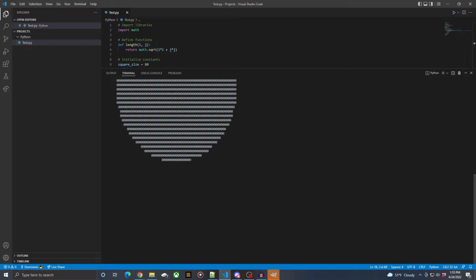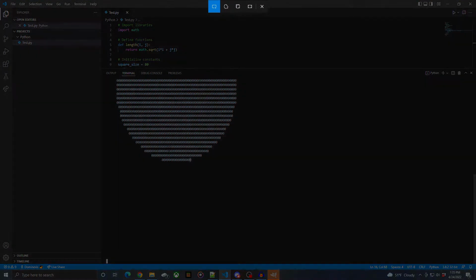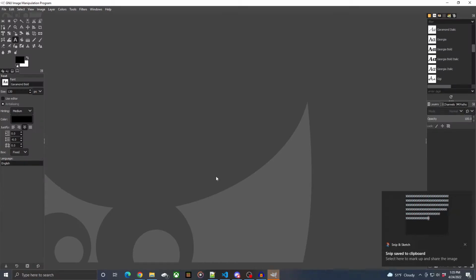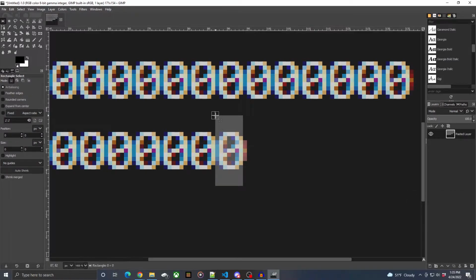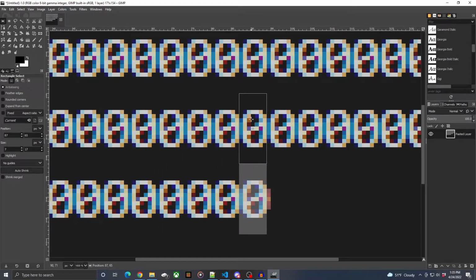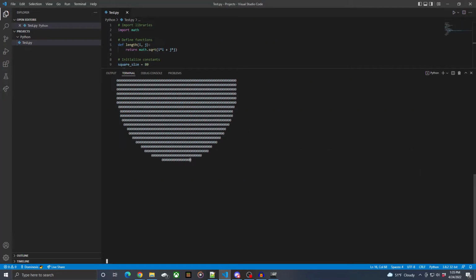So let me select one of these characters here, take a little screenshot of that, and then paste it into here, zoom in a bunch, and then I can see how big it is. So this is 7 by 17, really? That is such a weird ratio to have. Yeah, that's a really weird ratio, 7 by 17. Actually, it's not that weird because there's probably 1 pixel spacing between each character, top and bottom. So it's more like 6 by 16, but it's still 7 by 17. So then, if we head back into here,